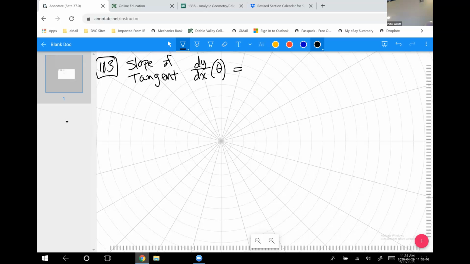Okay, so if we have r equal to some function of theta, like the example we just had, 4 sine of 2 theta, whatever it is, it's some formula in theta for r. Then the slope of a tangent to a point on that polar graph would be the derivative of that f function evaluated at some particular theta point times sine theta plus the function times cosine theta